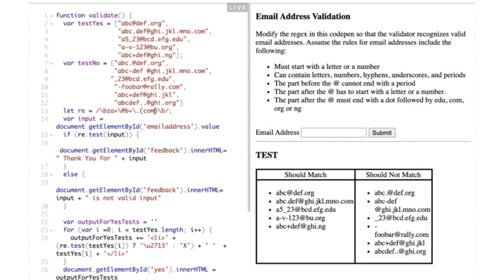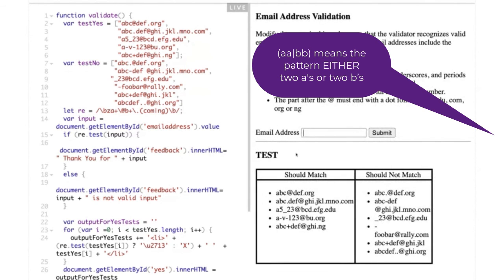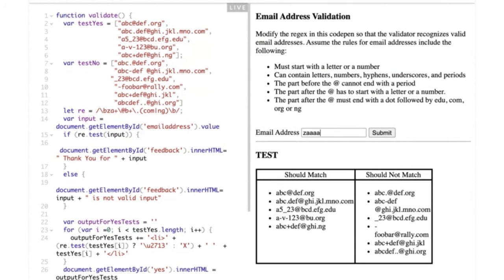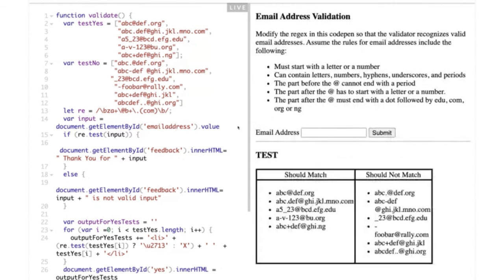And then if I put a vertical bar in here and add ng, now I could write ZAAA at bbb.ng, and that should be valid. Whereas if I take that out and try that,